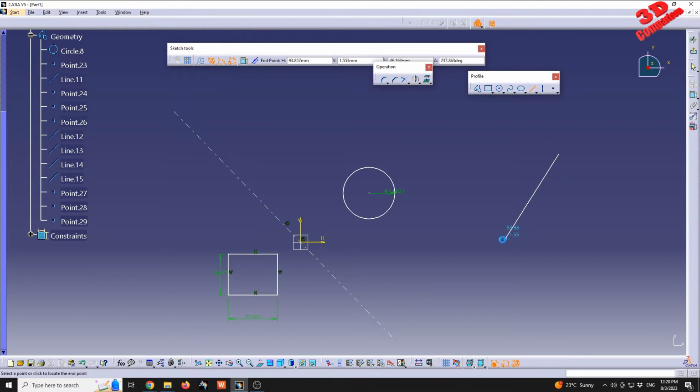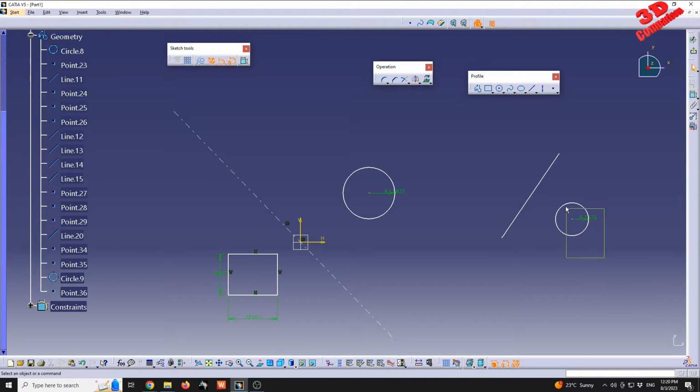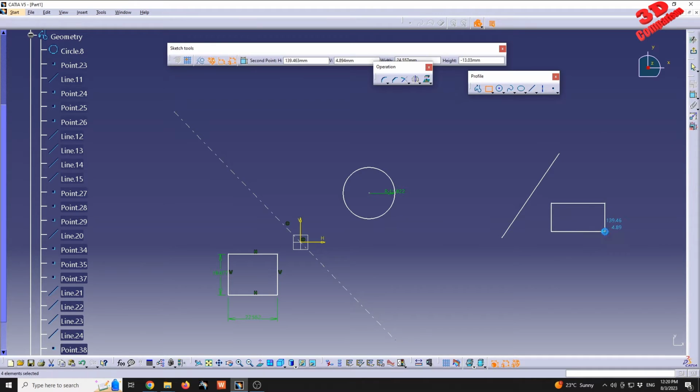I will draw over here another line and a circle, and in this case for circles usually it does that mirror and delete of the original element, but for rectangles in some cases the rectangle will be aligned to the